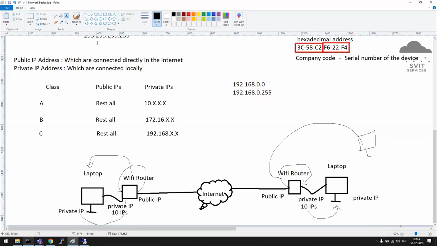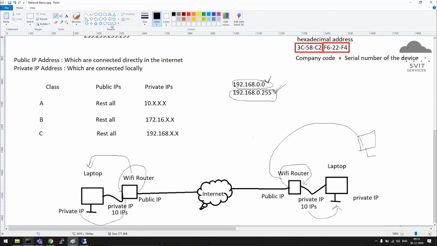Here again, the very first and very last IP addresses will not be used, not even as gateway. 0 and 255 are used for different purposes: this is for network ID segregation, and this is for broadcasting, sending traffic in that network. This will not be used at all. You have to always skip these two.